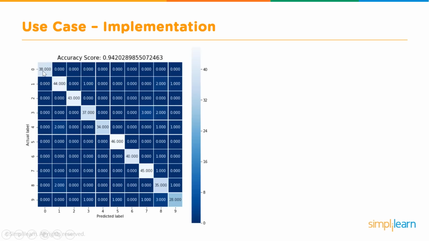What does this mean? This means that the number that has been fed is 0, and the number that has been detected is also 0. So the predicted value and the actual value are the same. Along the diagonals, that is true. Let's take this diagonal, right? If the maximum number is here, in this case it is 34, which means that